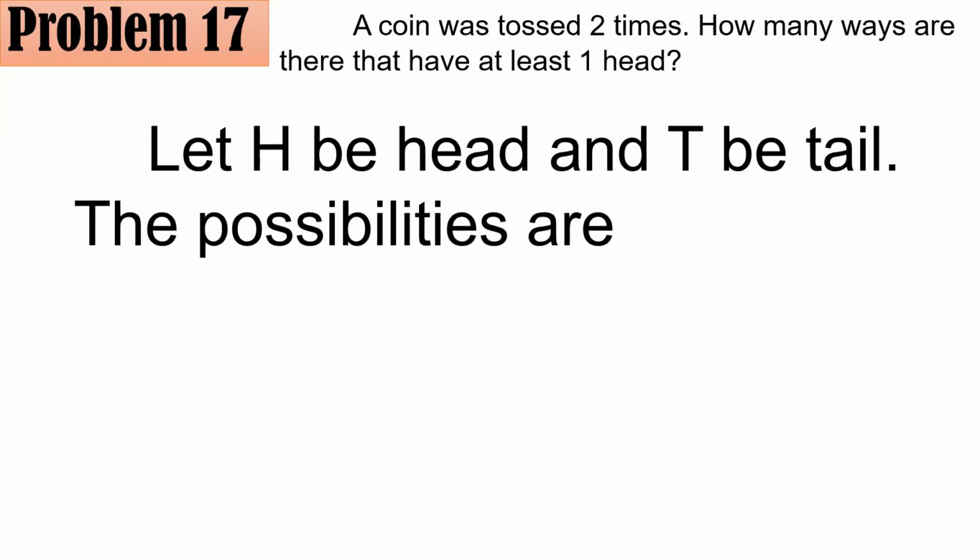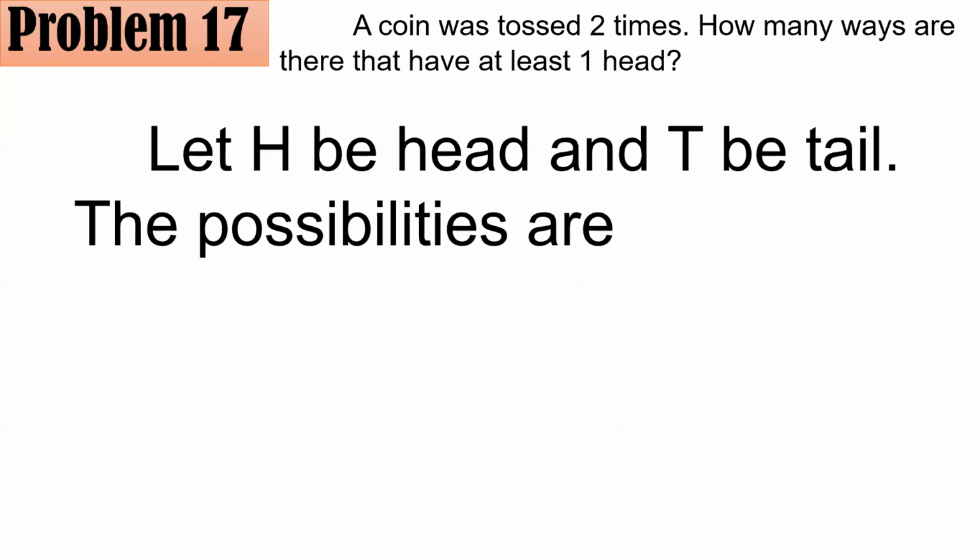So, let H be head and T be the tail. So, again, these are the two sides of a coin. H, the head, is the portion that has the head of, for example, a hero, or you could see that in your coins. And the other side of that is what we call the tail.